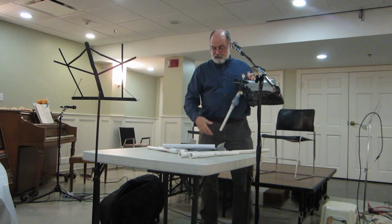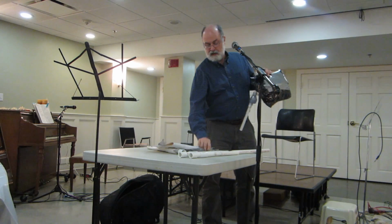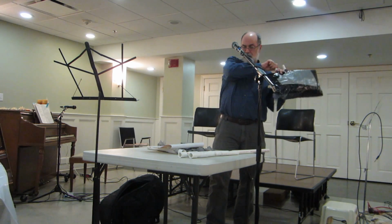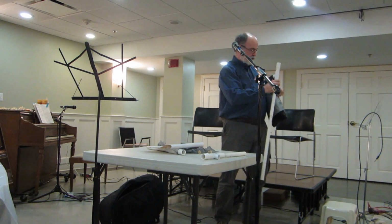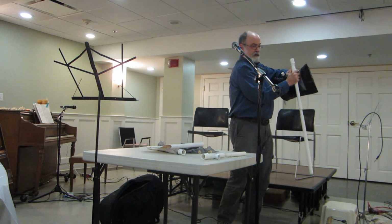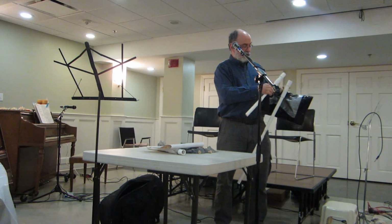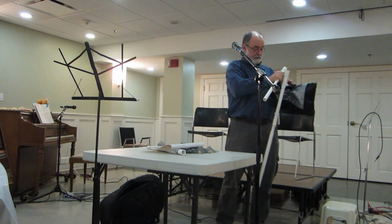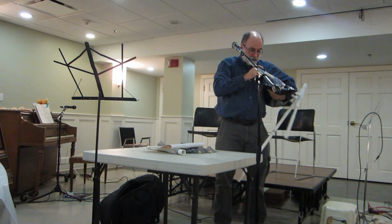Well, let's do something interesting with it now. Let's start attaching some of these pipes to it. Here's the long one. So I just fit this right on here. And here's the smaller one, I'll fit this right on here. And let's just see what happens if I blow air through the